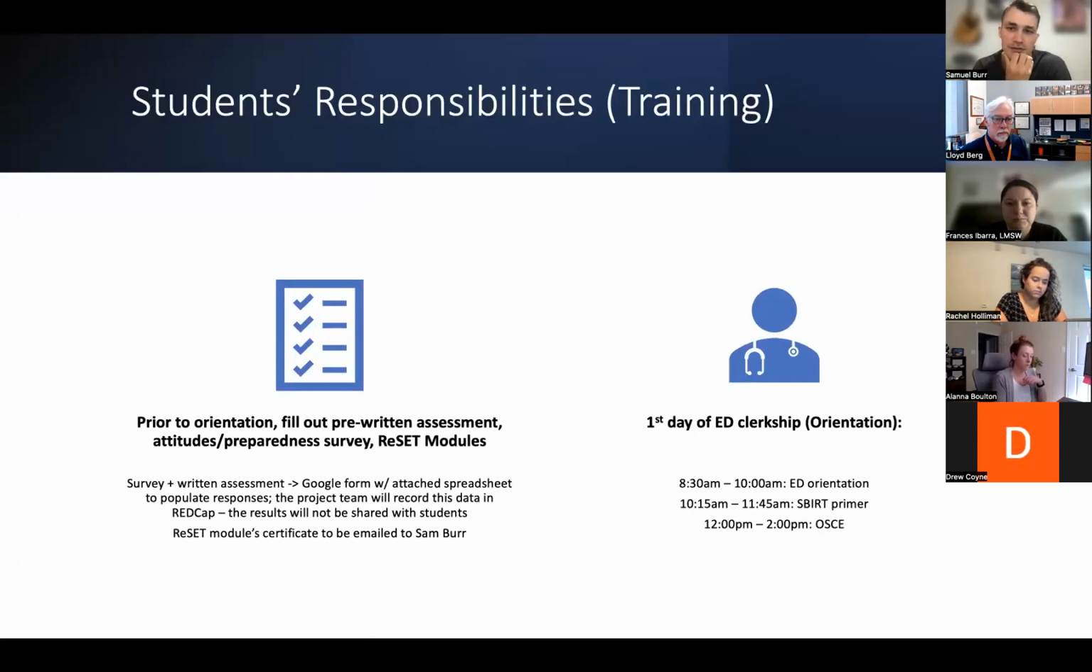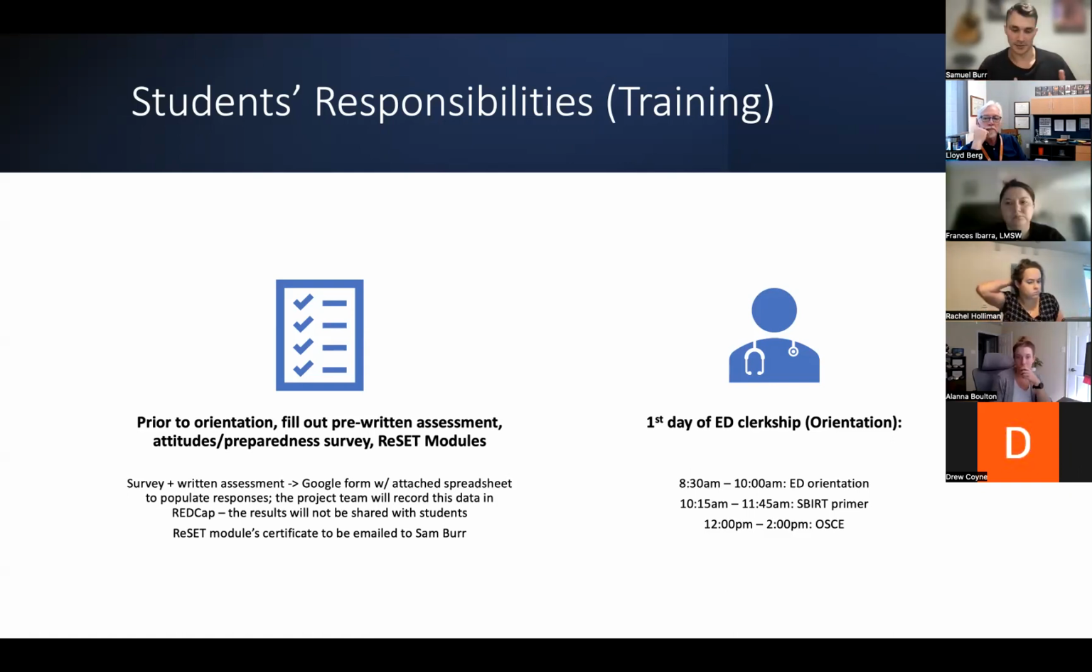So as far as students, let's talk about training. Prior to the ED orientation, which is the crash materials students need to know before starting their rotation in the ED, which will happen on October 30th if we were to, in theory, start on this next rotation, that's a Tuesday. Before we provide them with the primer and engage them in the OSCE, they'll have a